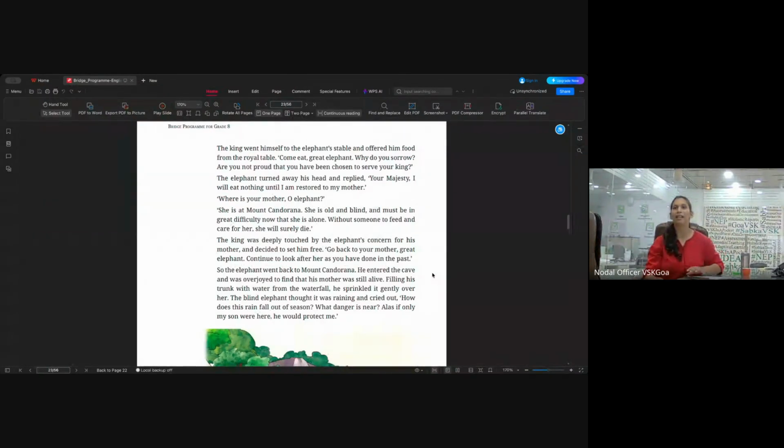So I'm reading, I suddenly replace a word, and then I stop and ask them to tell me which word I replaced. For example, he entered the cave and was overjoyed to find that his mother was still alive. I'm reading this line from the fourth paragraph, second line. So sometimes what I do to make sure they are with me, I would say he entered the cave and was really happy to find that his mother was still alive. And then I stop and tell them, I have replaced a word.